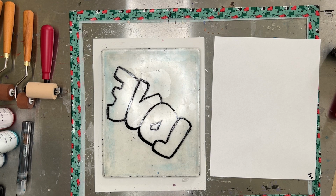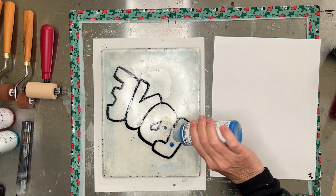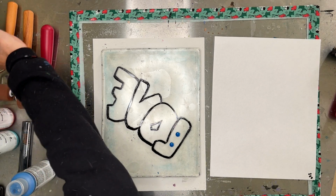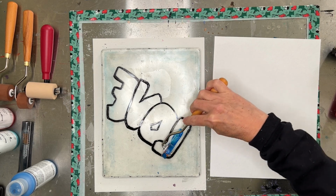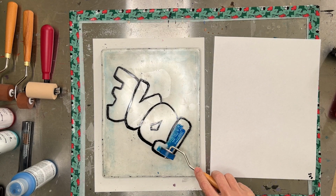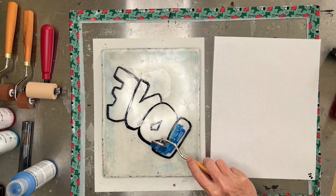So last time I used my finger, which was actually a very fantastic way of doing it. However, since then, I have acquired some tiny rollers that I would like to try out and see if spreading the paint with a tiny roller is better than using my finger. So I'm using this beautiful tiny roller